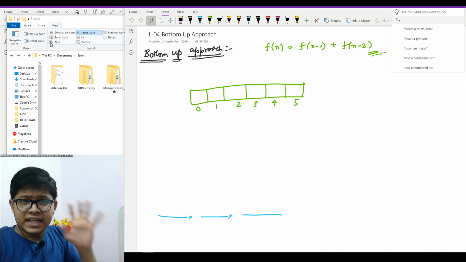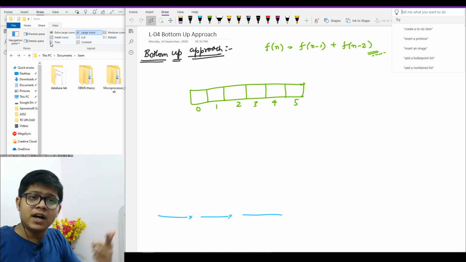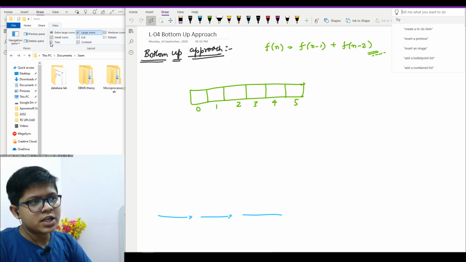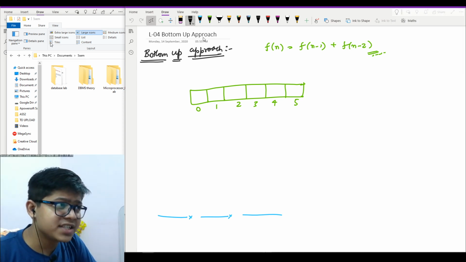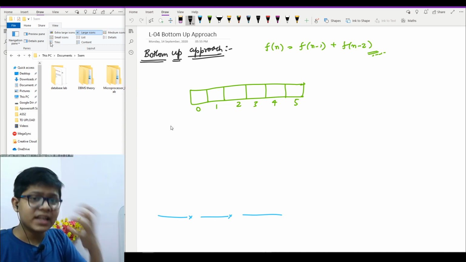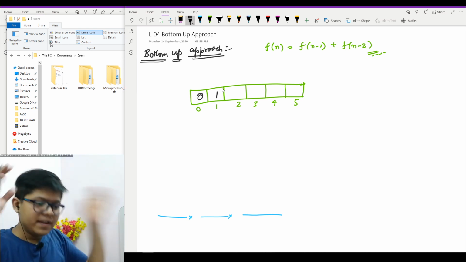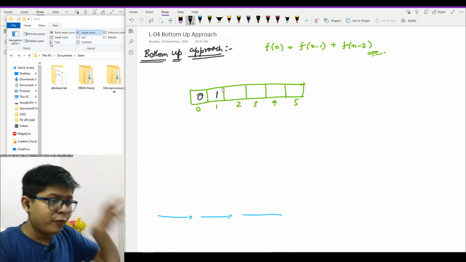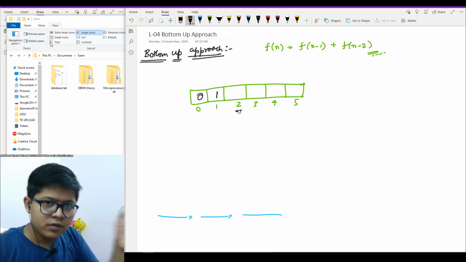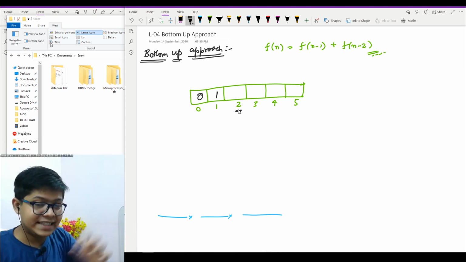As you know, in Fibonacci our base cases are 0 and 1, and I showed you in lecture number 2 what the base cases are and how we figure them out. So in Fibonacci our base cases are 0 and 1, and the answer for 0 is 0 and the answer for 1 is 1. Now we will find the answer starting from the base case. To find the answer for 2, we will move from low values to the higher value, up to the final answer. So keep this in mind.